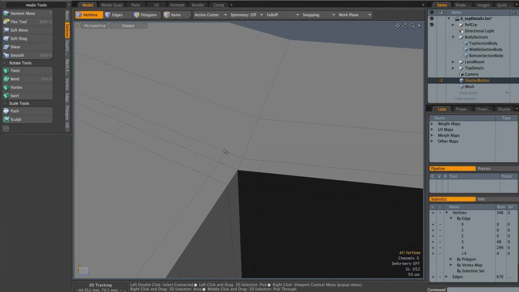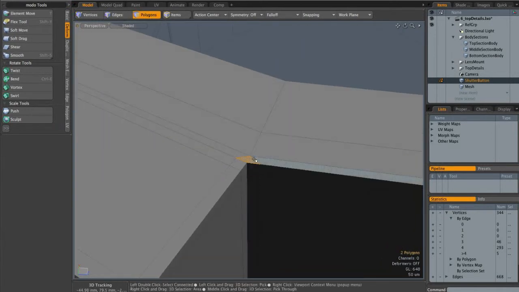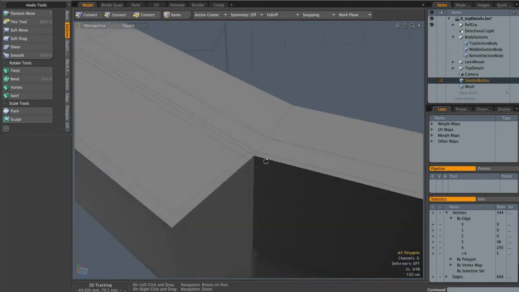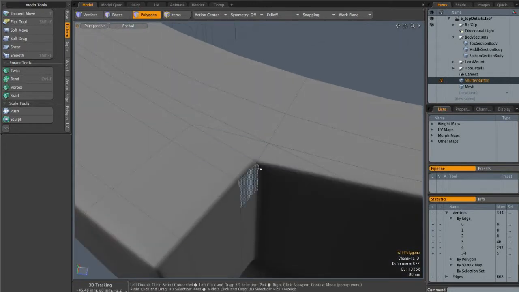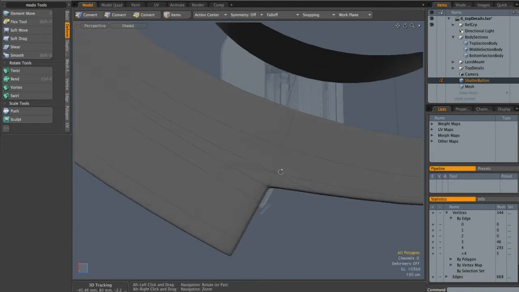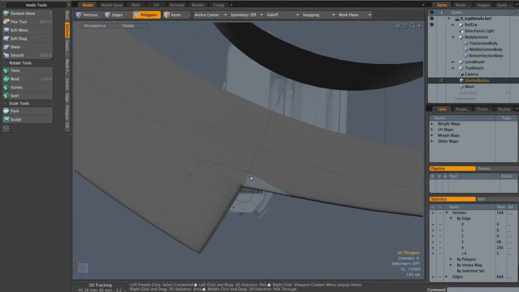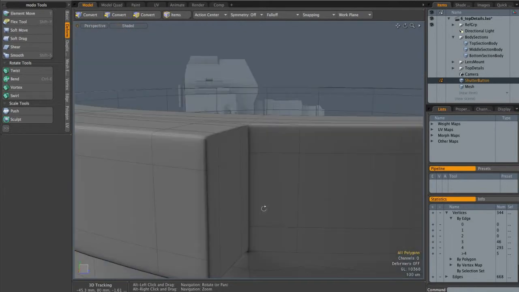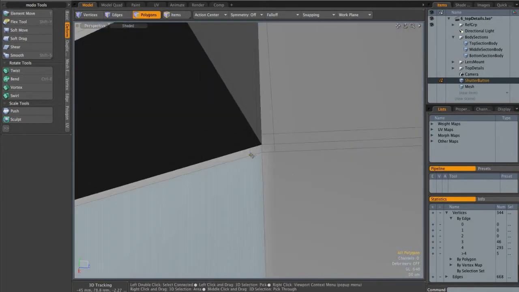Now what I'm going to do is basically merge that vert and that vert together, and that vert and that vert. And what we've done is maintain our quad setup, but we've introduced these two tris that redirect this flow around the corner. And when you go to subdivision surface mode, it maintains this nice hard corner, but we still have a slight issue in that the vertices are not maintaining the circular shape of the object, so we're going to fix that in a second. So I'll do the same thing down here,